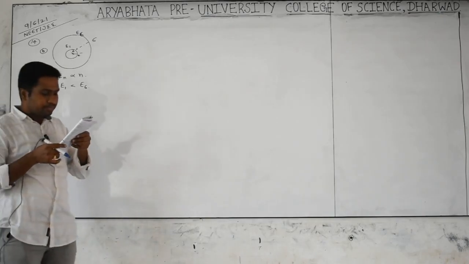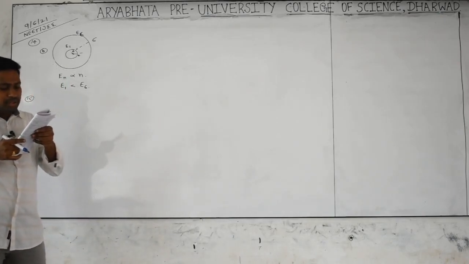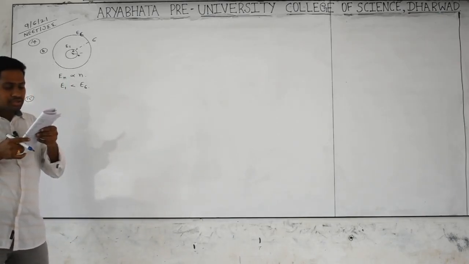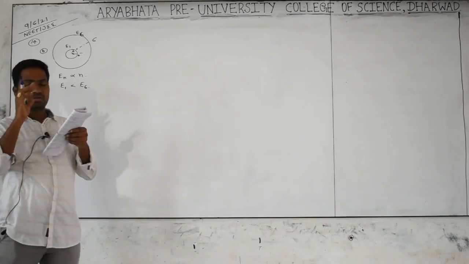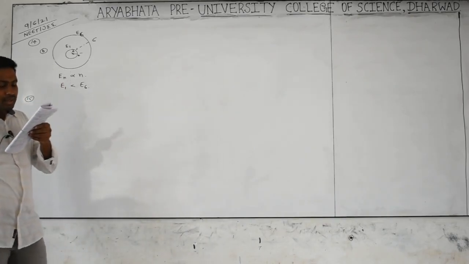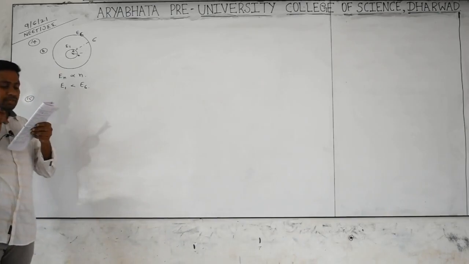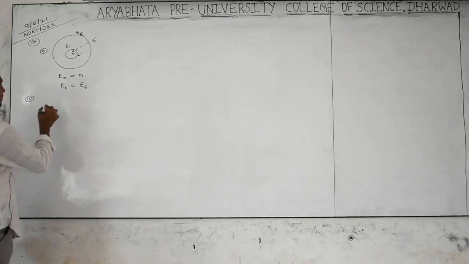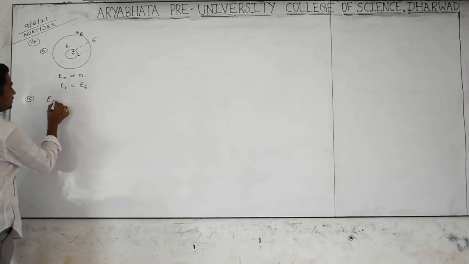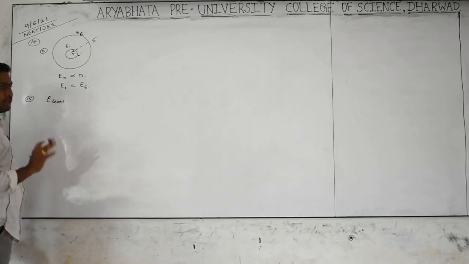You see carefully. According to the Bohr theory, which of the following transitions in the hydrogen atom will give rise to the least energetic photon? It's a good question. Which of the following transitions in the hydrogen atom will give the least energy? Energy will be least. Okay, now check it.